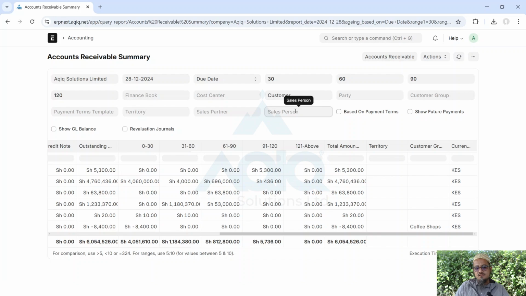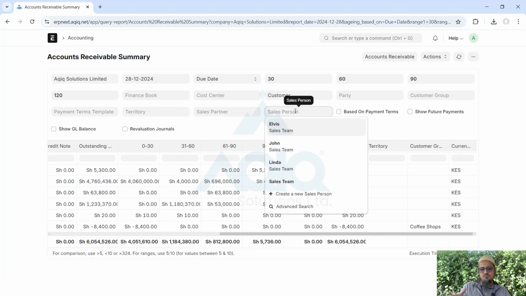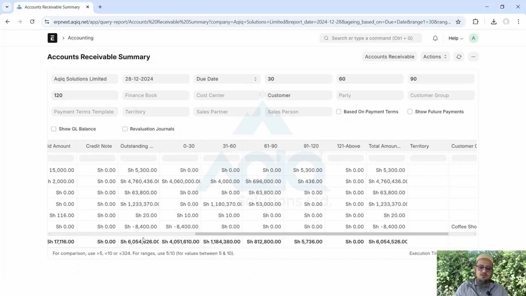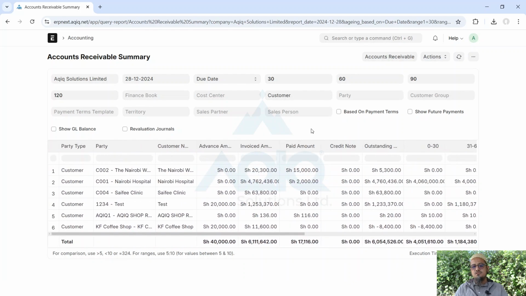If you want to also filter by salesperson, because in some companies you have salespeople, and those salespeople are associated with a customer, you can filter by salesperson, and it will show you all the customers related to this salesperson. So you can also send him the report and ask the salesperson to follow up and get the due